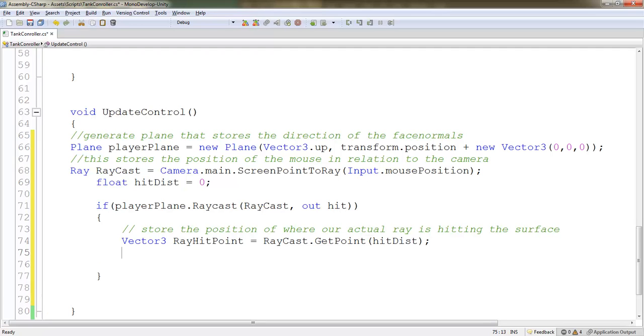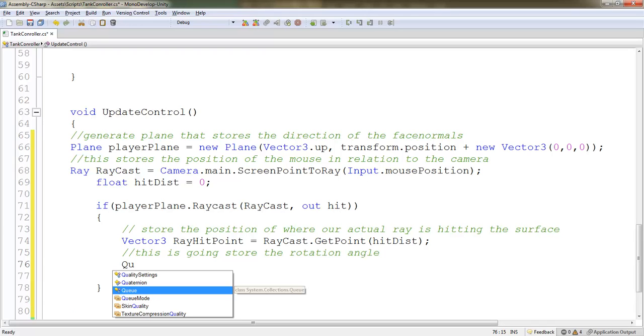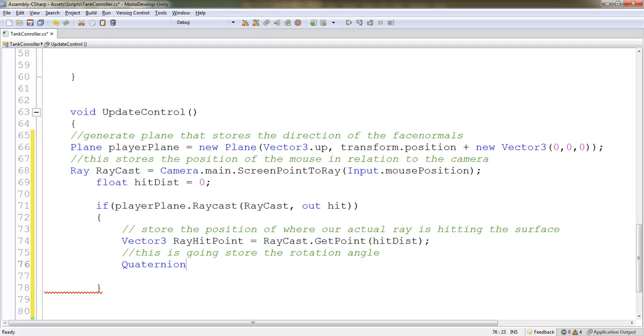Alright, we need to create another variable, and this is going to store the rotation angle. So we do quaternion. If you're not familiar with quaternions, you should sort of look those up. I might create another tutorial later. Actually, I might make one before this one, so you guys can kind of play with quaternions so you can understand what they are. Really, just anytime you see quaternion, it has to do with rotating, like the halfway point between a rotation. So this is the data type, and we're just going to say target rotation